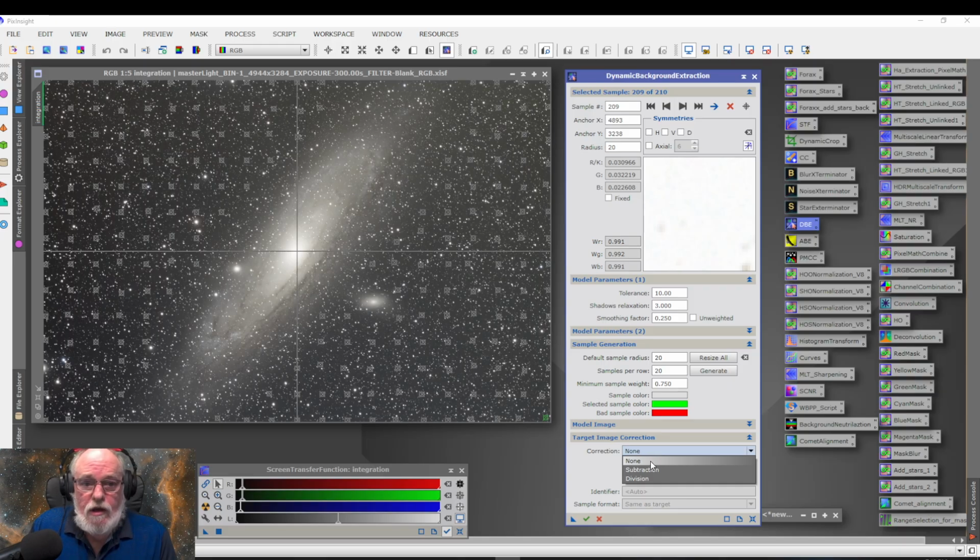I'm going to change it. I'm just taking out a little bit of gradient on the right side. It's a little bit lighter than it is on the left. So I'm going to do subtraction, and I'm going to do normalize. And